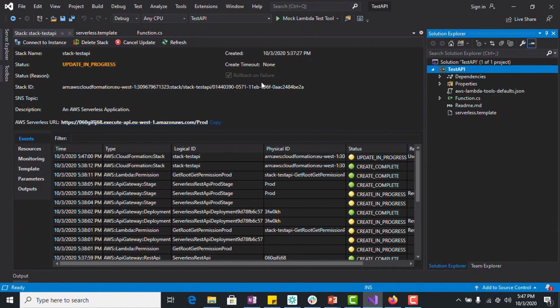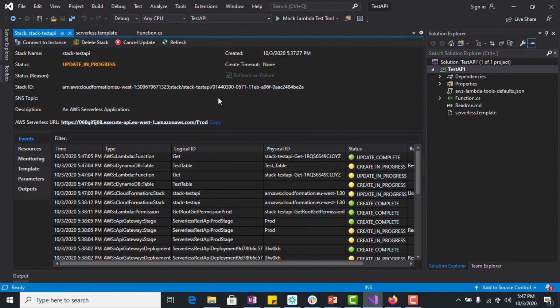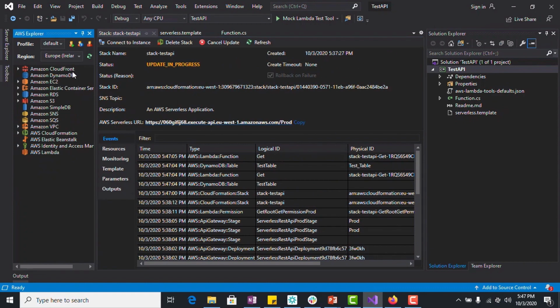Meanwhile, we can open the AWS Explorer to later see what components are being generated. I can already see that the DynamoDB table test table is being created. Once it is created, we can check in the stack view, and the other updates are going on.